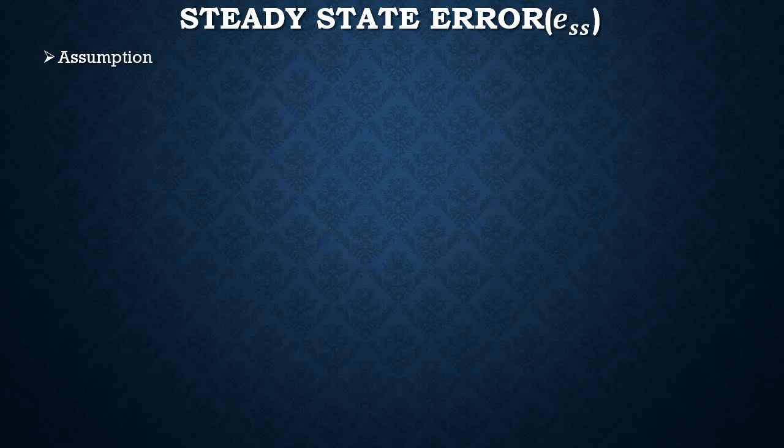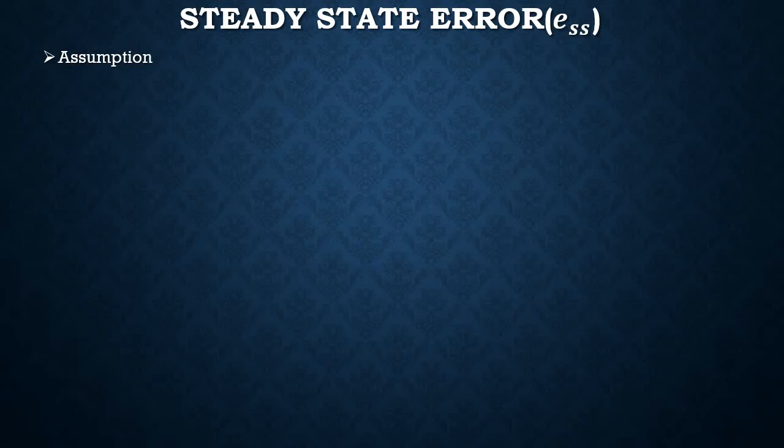Hello everyone. In one of the previous lectures we discussed the steady state error and tracking of the command. In this lecture we discuss something more about the same topic. But first we need to assume one thing, that the system is stable, because this is a response parameter. Whenever we are doing response analysis, we need to make sure the system is stable. That means all of the poles of the system must be completely in the left half of the plane.